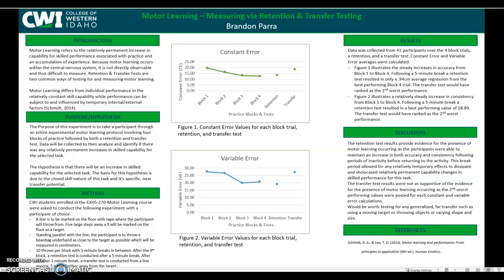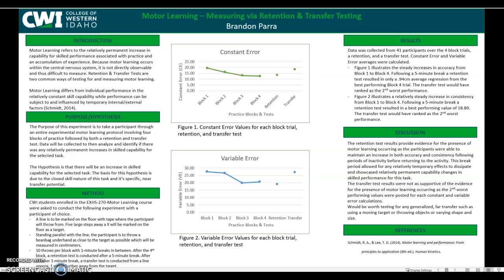We're going to be discussing motor learning and means of measuring motor learning via retention and transfer testing. So with the layout of this lab report, we will begin by discussing motor learning as a general concept and discussing some related topics to motor learning. And then we will look to apply that knowledge with an experiment that was conducted with the purpose of initiating